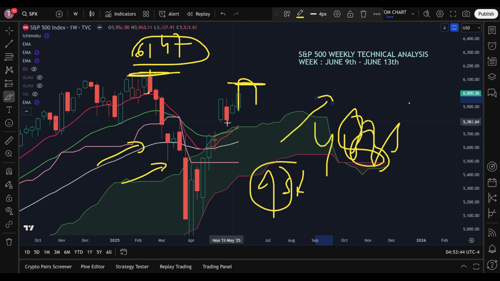Whenever any stock or any index reaches near the all-time high, a natural resistance comes, before or much before that all-time high. You will notice that this natural resistance creates some kind of fear, and because of that there will be a normal fall. Sometimes that fall is very heavy, but most of the time it is normal.